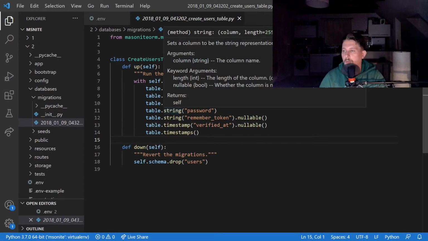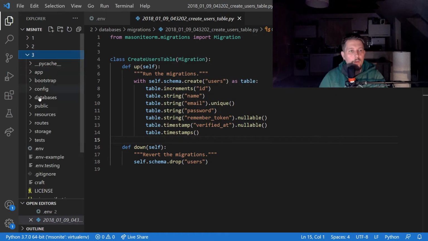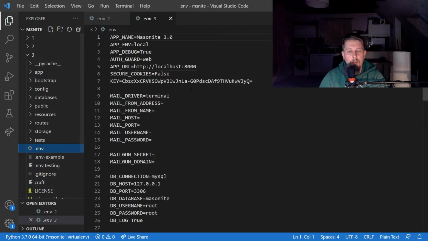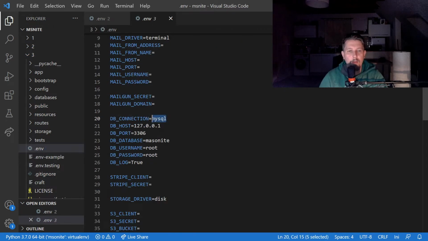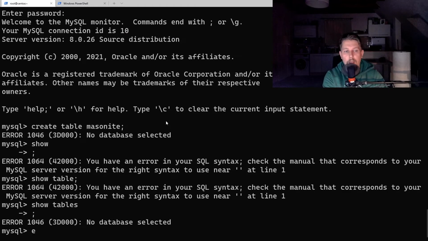So this one, inside the folder 3, and we will have the MySQL, and we will use the CentOS machine, and the database is Masonite, and the username is root, and the password is root. That's for now. And we need to create the user